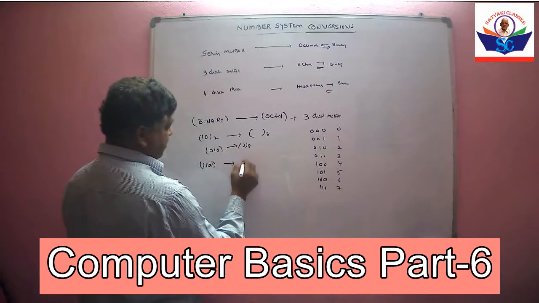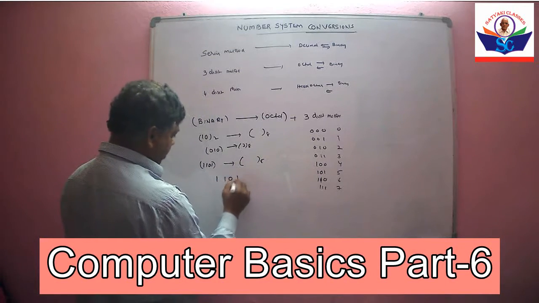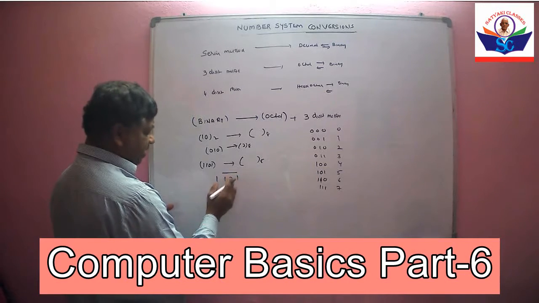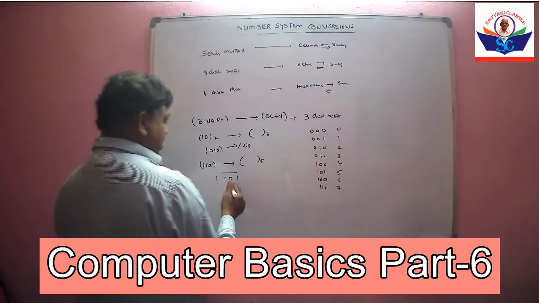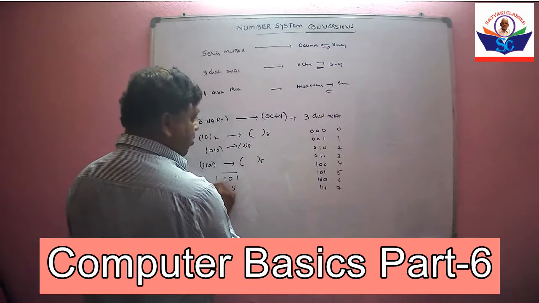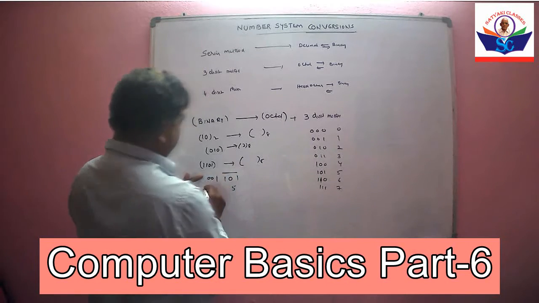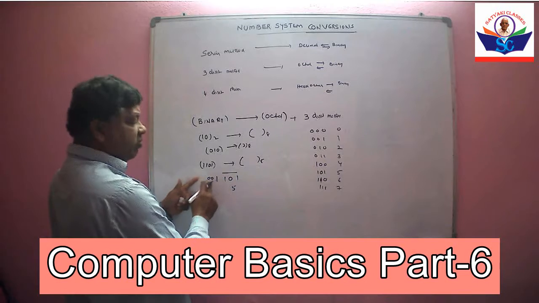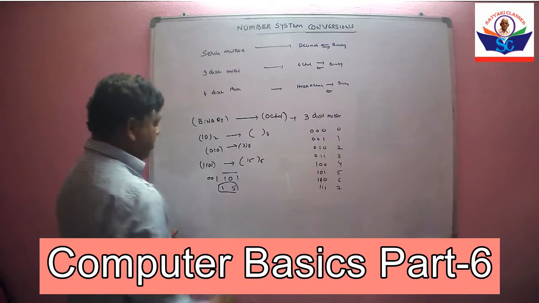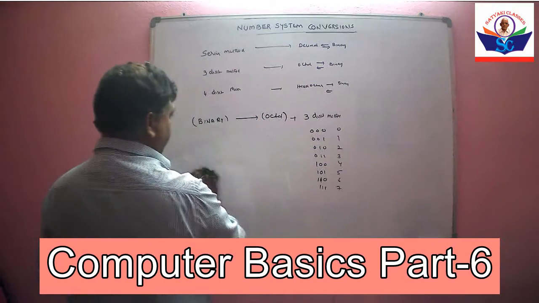Now take 1 1 0 1 1 0 1. First take 3 digits from the left hand side. What is the value of 101? 101 is 5. What is 1? You can place 0 0 again if you want; there is no value for adding 0 0. Now we take 1 5. 1 5 is the octal number. Now take another example.